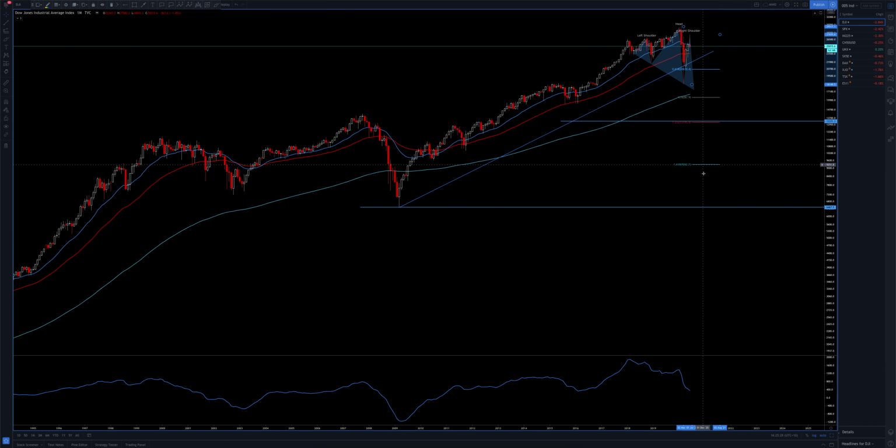Look at that. Fibonacci extension 1.272. That's my next sort of furthest target, which also lines up with this previous high back in '07 before